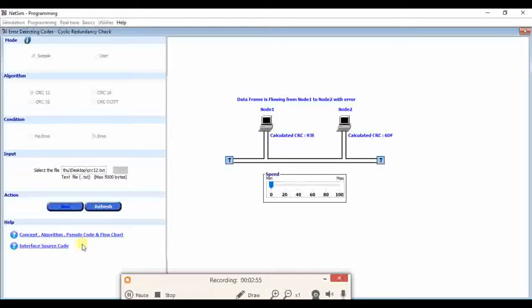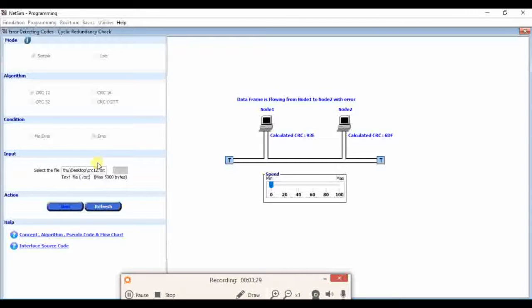Now let us look at the basic algorithm of how CRC-12 works. The string that we have given as input in the form of a text file is converted into binary, and the ASCII value of the first character is divided by 2, and the remainder is appended to the string. The quotient that is obtained in this process is carried as the next number for division. This process repeats until the quotient becomes less than 2, and the process continues for all the characters present in